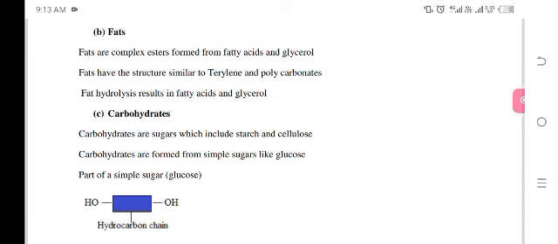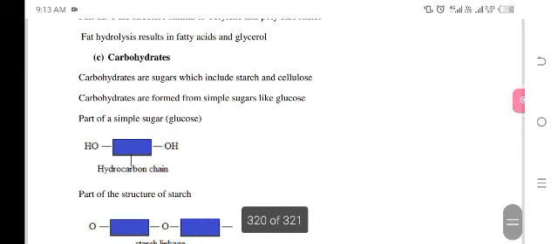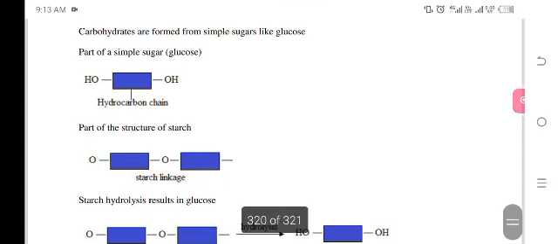Meaning also when you master the structure of terylene, you are also mastering the structure of fats because the structure is very much similar. Okay, the only different structure is that of carbohydrates, because these are formed from simple sugars like glucose, one of the most important sugars that is used